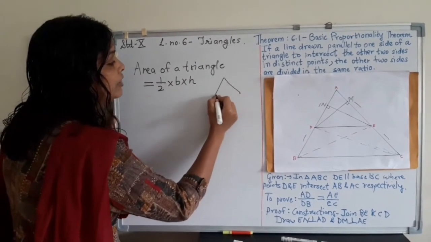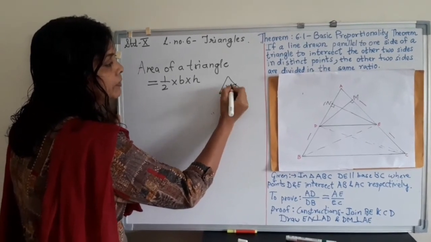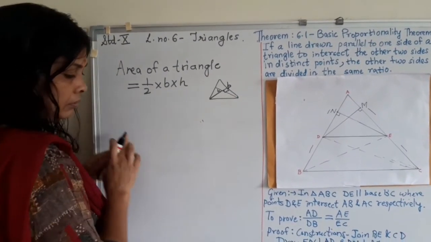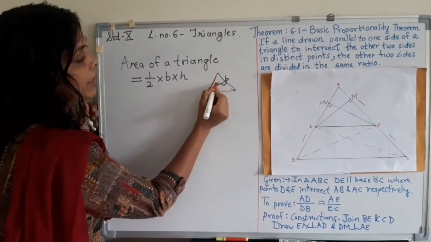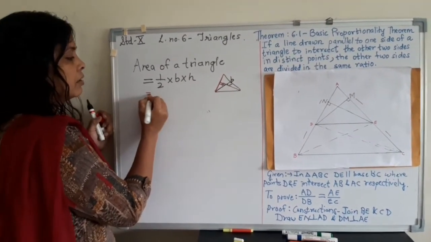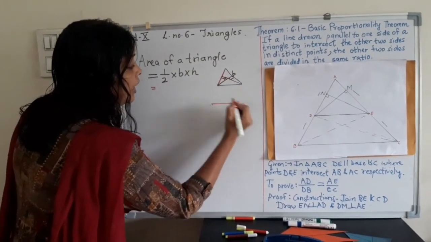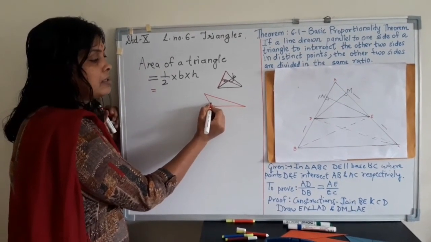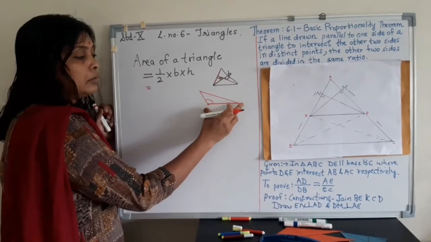Now if we have this triangle and we take this as base, then what is the height? This is the height and this is the base, right? Similarly, if we take this as base, then our height is this, right? Again, if a triangle is given as an obtuse triangle, then how do we get the height and base? So this is an obtuse triangle and our base is here. So how will we get the height?